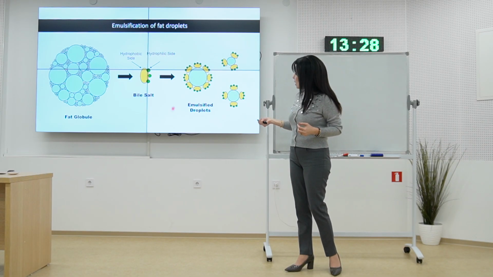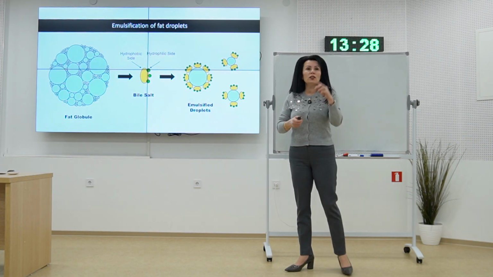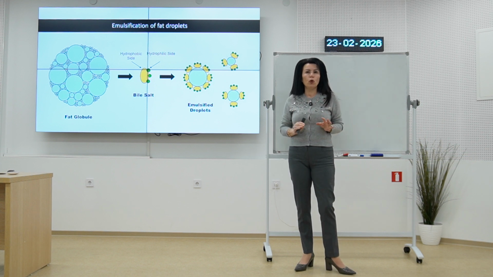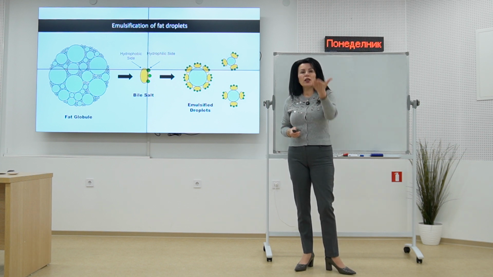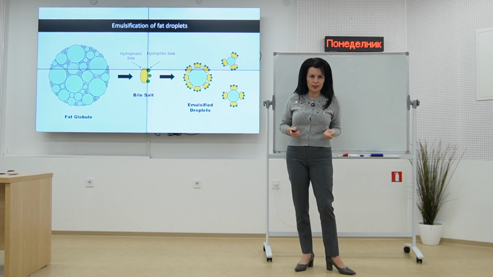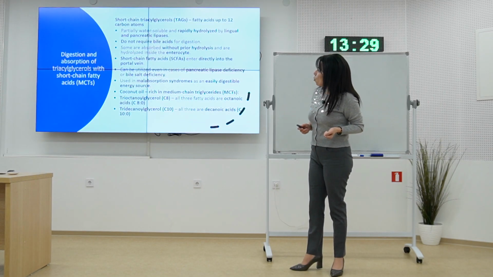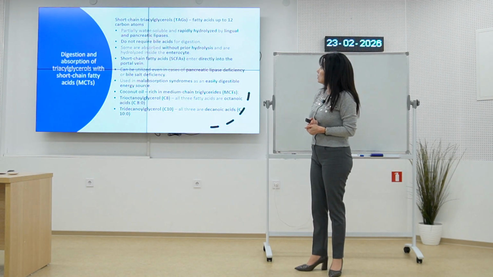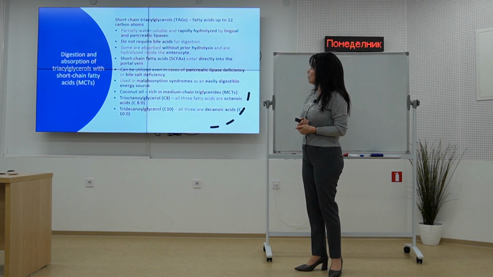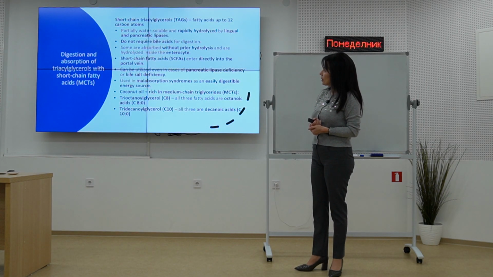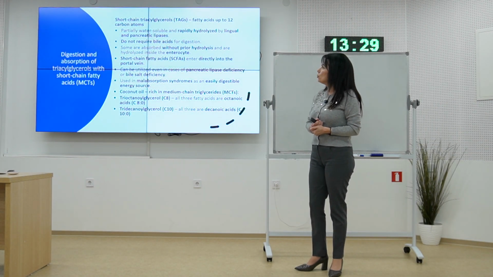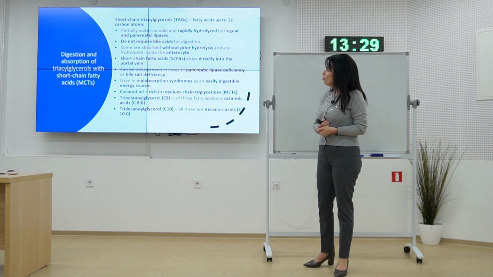And bile acids are located on the surface of all these drops, and there is no fusion anymore between them. The surface area increases in the end. When we're talking about short chain triglycerides, these are with fatty acids up to 12 carbon atoms. They are rapidly hydrolyzed by lingual and pancreatic lipase and do not require bile acids for digestion,